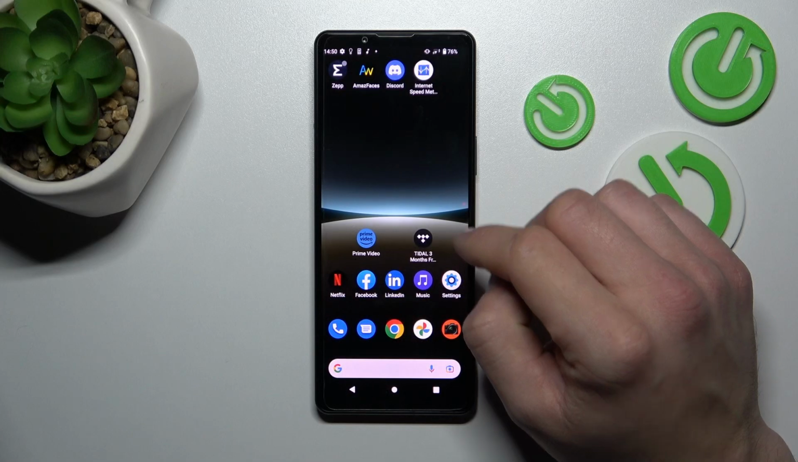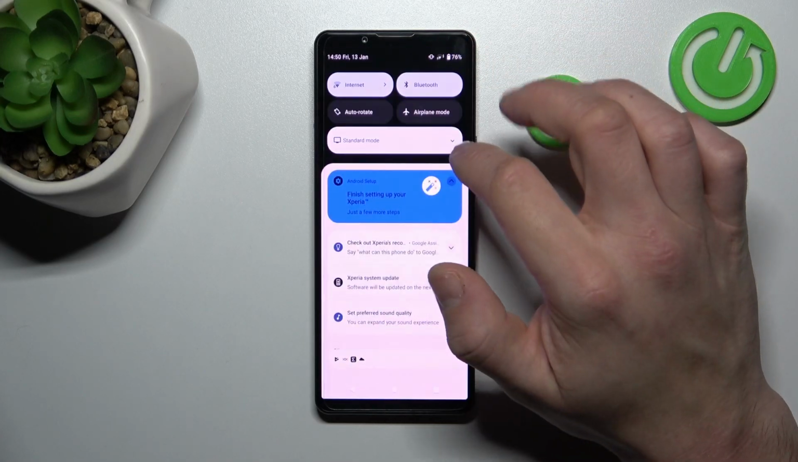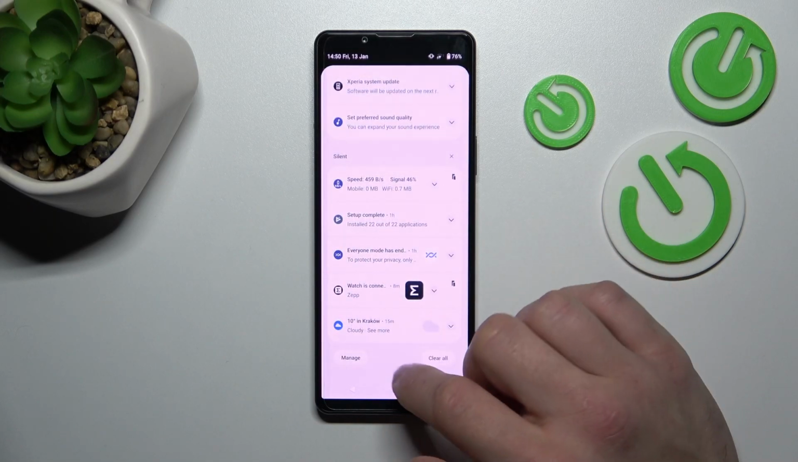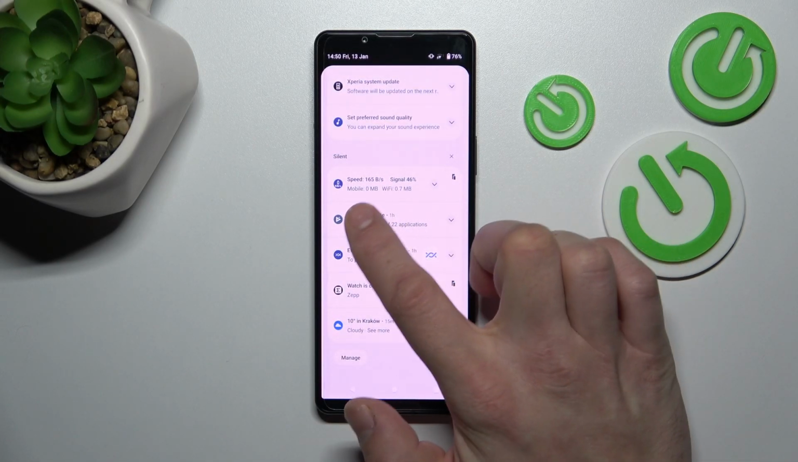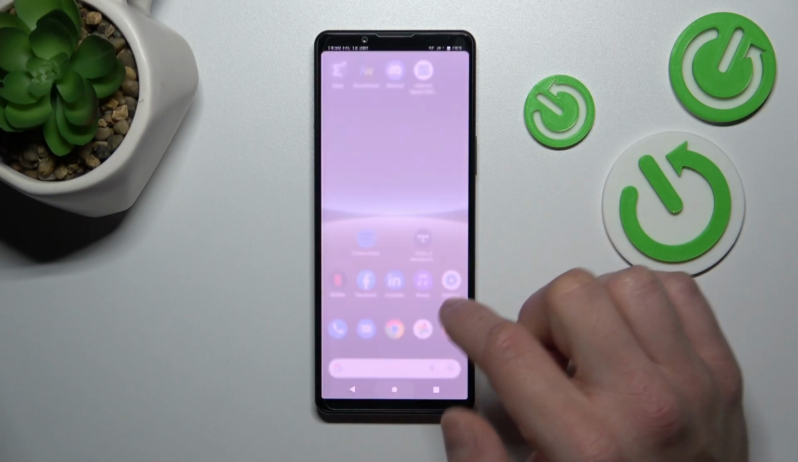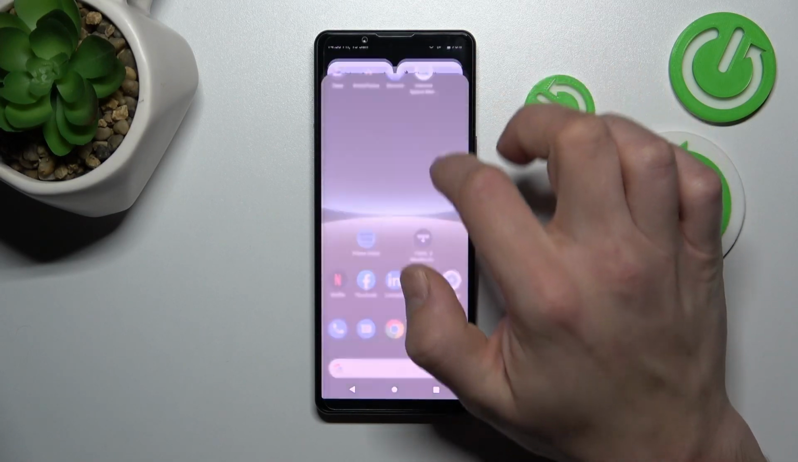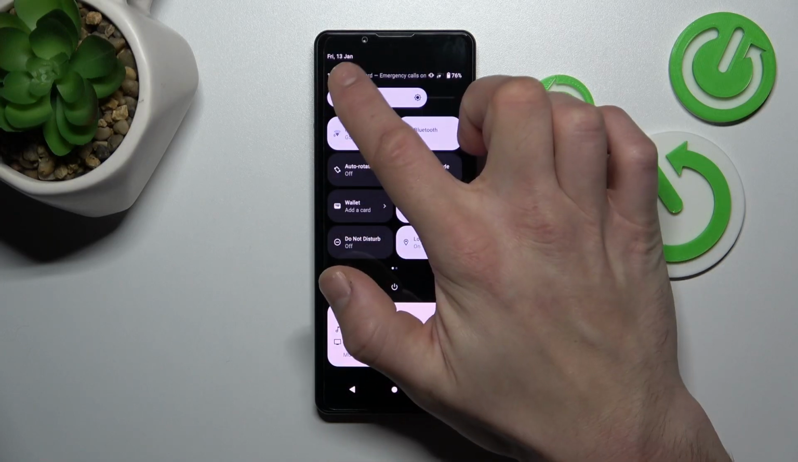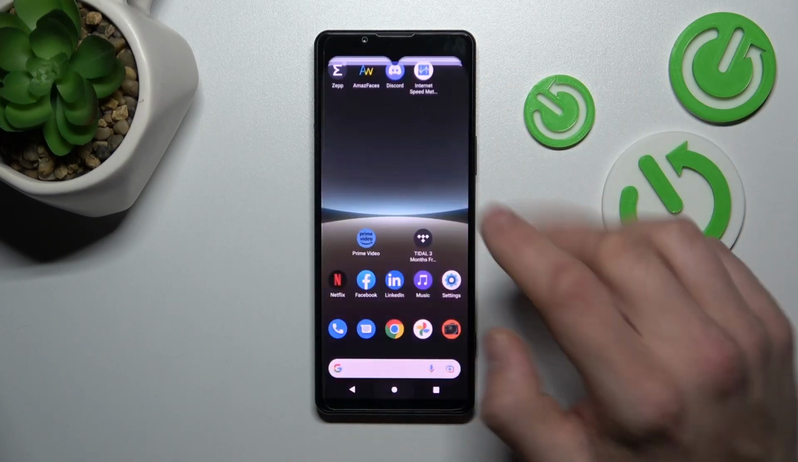Wait a second. And as you can see, internet speed indicator has been added to status bar. If you want to see it right here, enter the app,